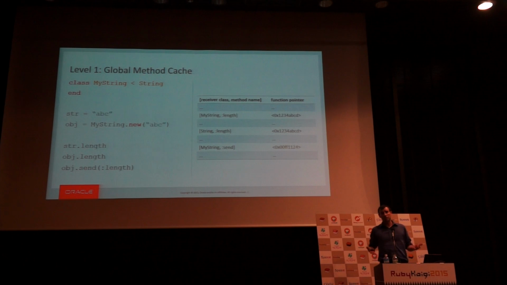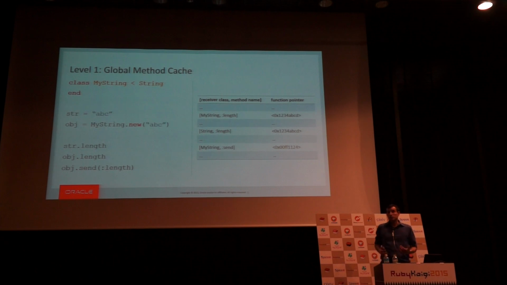Additionally, Ruby's highly dynamic. So you can add or remove methods, redefine them. You can dynamically mess with an object or a class's hierarchy. And when this happens, it can invalidate your cache results because the method that you have cached might not be the one you need to call the next time. And we don't want to trace the ancestor hierarchy for each of these cache entries, so we just flush the entire thing. And this can lead to some really pathological performance issues.